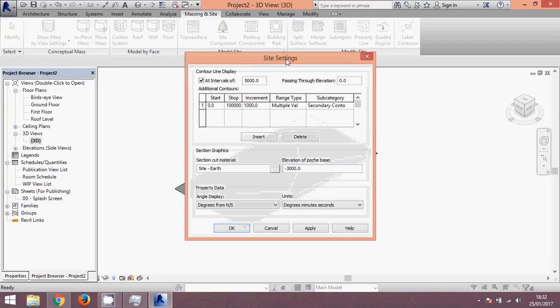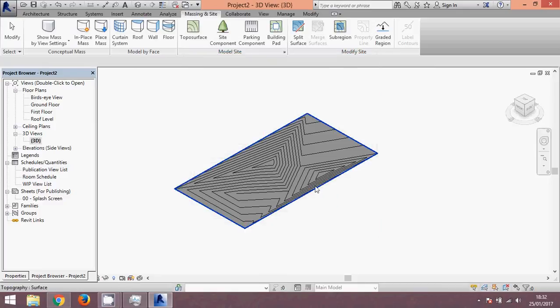Okay, if you want to show the contour intervals a little bit closer together, currently they're at a meter, maybe you might want them at 100, and that way you can see the contours a bit more lifelike. And like I said, the more spot points you put in, the closer it'll get to reality. But that's just a rough conceptual